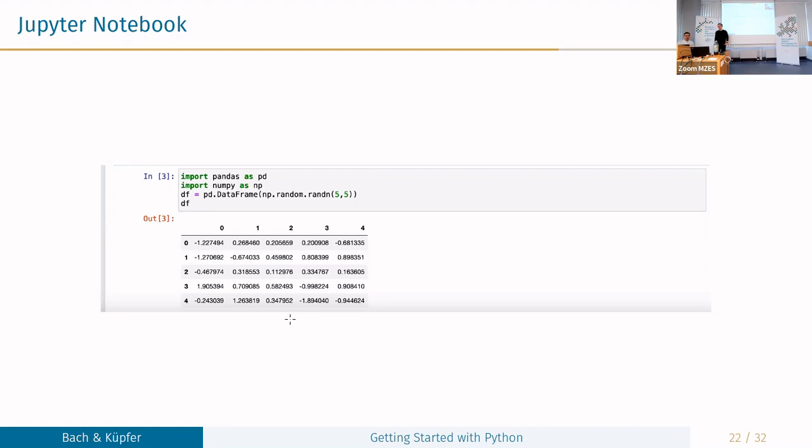So, for example, if two of you push some commits to GitHub on one Jupyter Notebook, there is a high chance that you will get some merge conflicts, because unlike our Markdown notebooks, there is much more information included in a Jupyter Notebook, like how often a cell was executed or some meta information, and GitHub is not able to properly merge some changes into notebooks. So then you should probably go to Google Colab, for example.